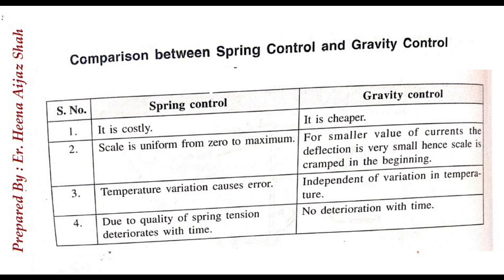Okay. Now this slide will help you to easily differentiate between the spring control and gravity control. The various points are here, like cost. Spring control is costly, while gravity control is cheaper. The most important difference is the difference in their scales. Spring control has a uniform scale and gravity control has a non-uniform scale. Another difference is based on temperature. Temperature will cause some errors in the spring control, while gravity control is independent of temperature. And the last point, due to spring tension, the spring control deteriorates with time,